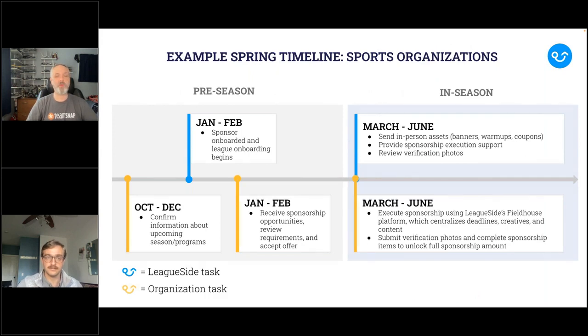Nice. And so going through timelines, because one of the reasons we went fast and wanted to talk to people before the end of the year was because of how calendars work. So organizations have to sign up. You've worked with your national brands and then are sending out opportunities that the organization could select from. That typically will happen at the beginning of the year, the beginning of the quarter, because that's kind of how big corporate cycles work. So talk a little bit about that timing and what anyone watching today who's an organization needs to be aware of to make sure that they're able to take advantage of those as quickly as possible.